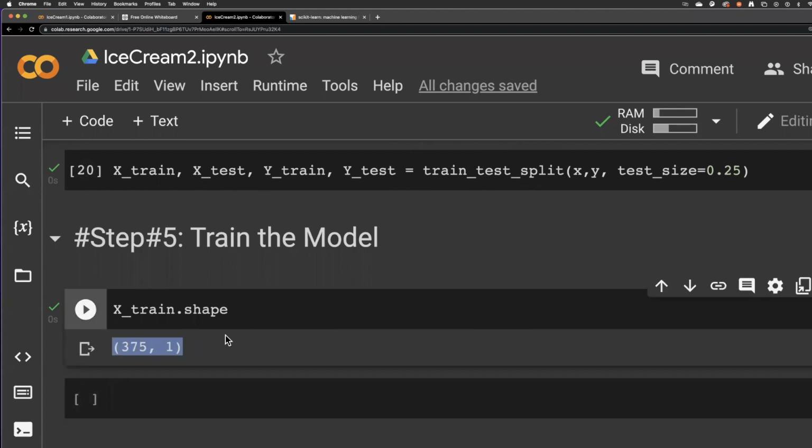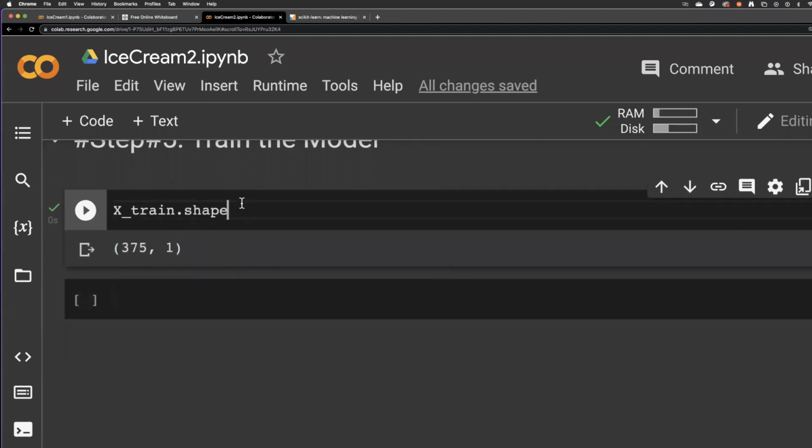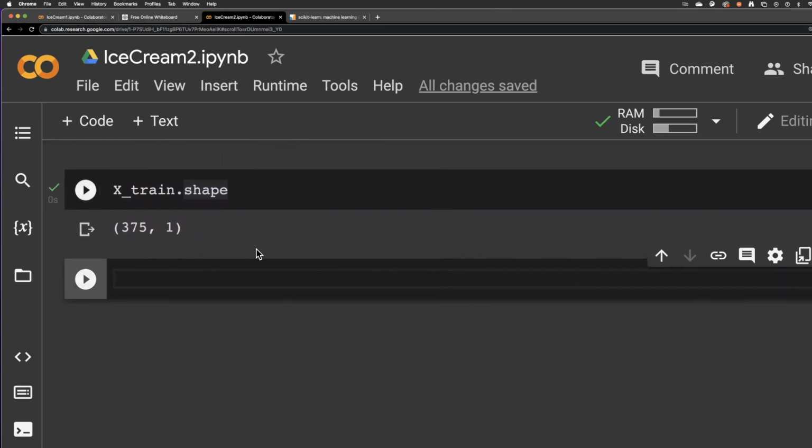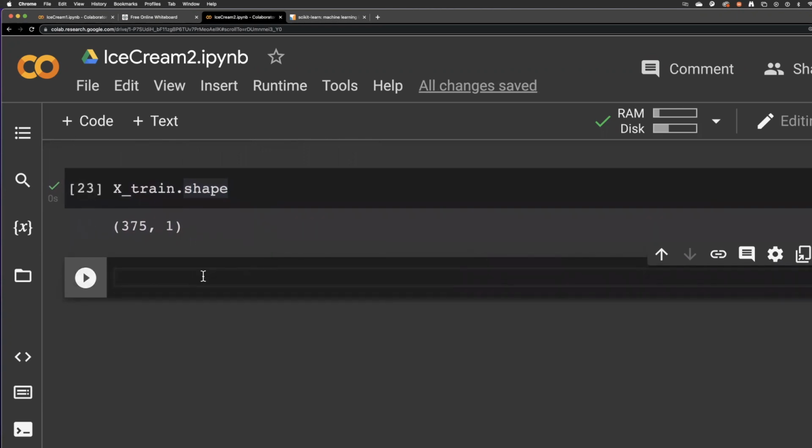So we've got the X training set. You can use shape to find out how many rows there are, which is about 75% of the data, which was 500 rows. You can do the same to test your X and Y training sets and see how many were created. But we want to make use of the actual linear regression. So we go into scikit-learn now: from sklearn, we want to find our linear